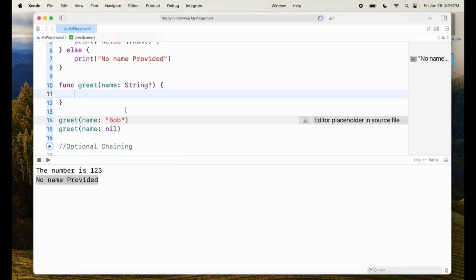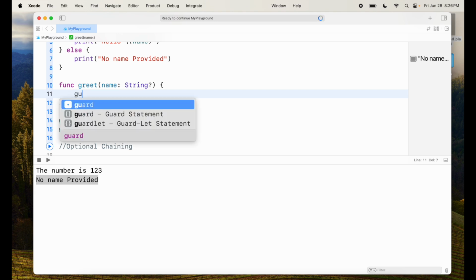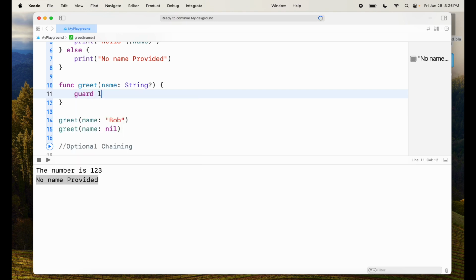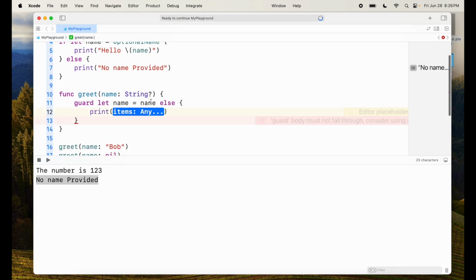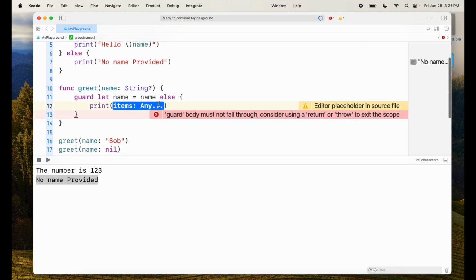So in this case, if it was not an optional, it would just give an issue, because if it's a nil and you're not unwrapping it, it would cause a problem. So to unwrap it, we'll use guard let this time. I'm saying name equal to name that is passed to me, else print. So in this case, it's the opposite of if let, where it's saying let's check if the name exists. If the name doesn't exist, what I want to do is I'm going to say no name provided, and then